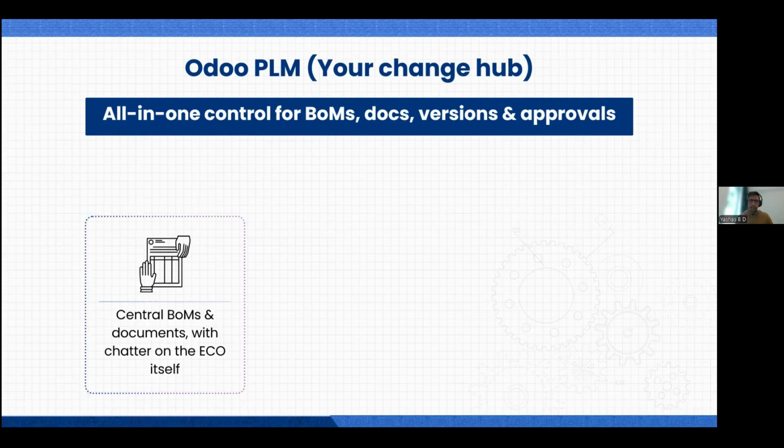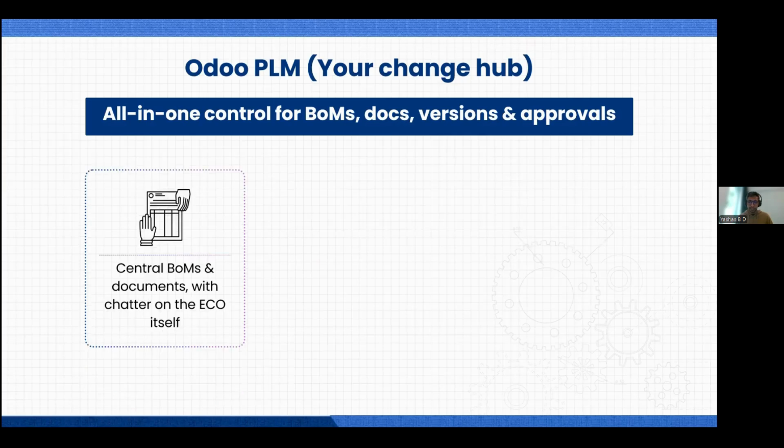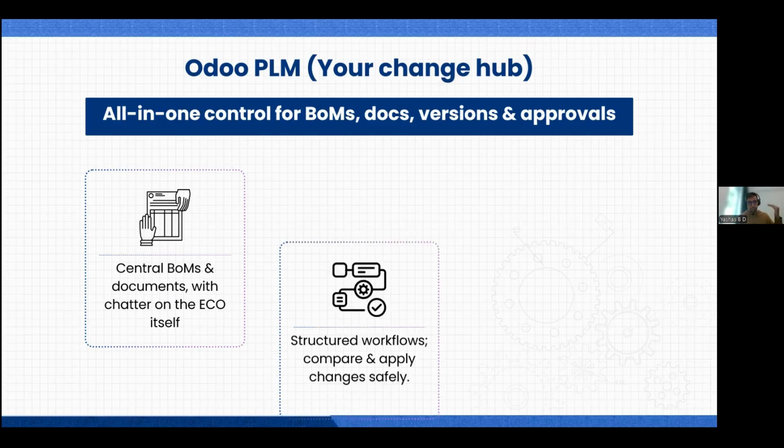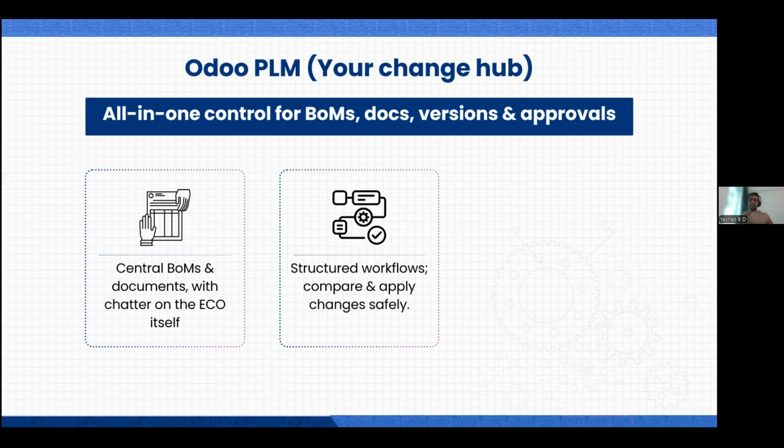This works as a centralized structure for having all the BOMs over here, and for every BOM I can have different documentation, that is, the design documents attached, and each new version of a bill of material can be put out with the ECO, that is, the engineering change order. And then the structured workflows. Who does the approvals? What stage after what stage? In the design itself, there could be 3 stages. In manufacturing itself, there could be 2 stages. And in quality, there can be multiple stages. So all this can be put out within an ECO.